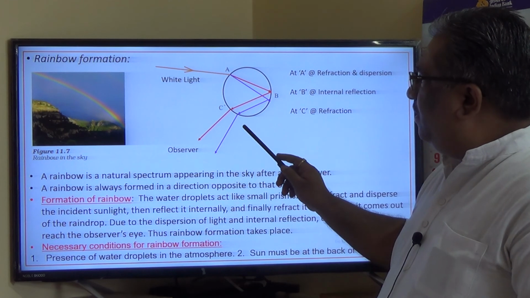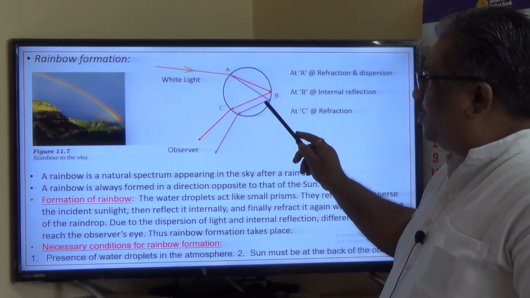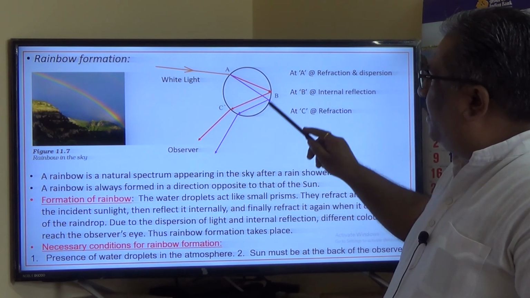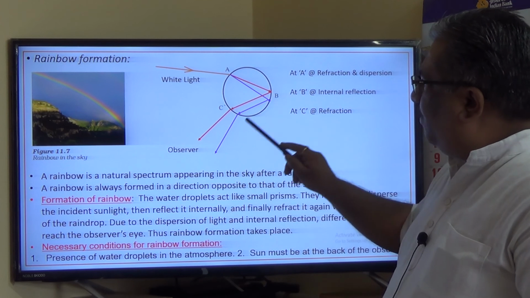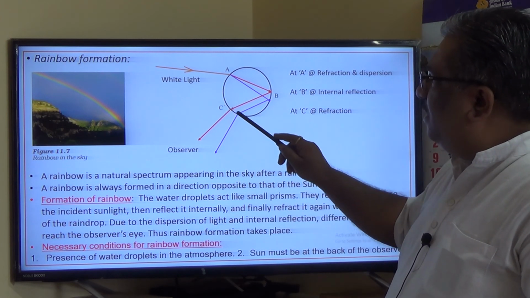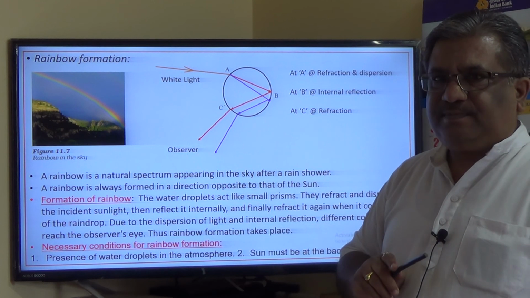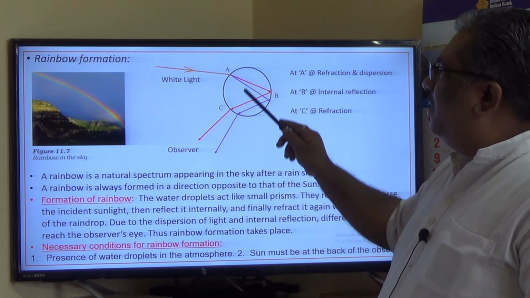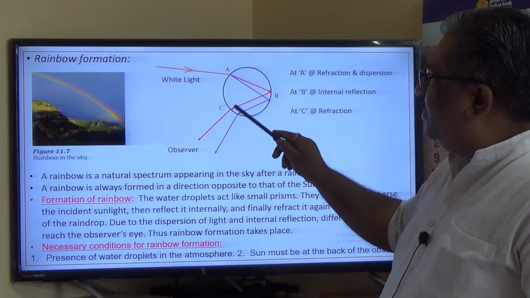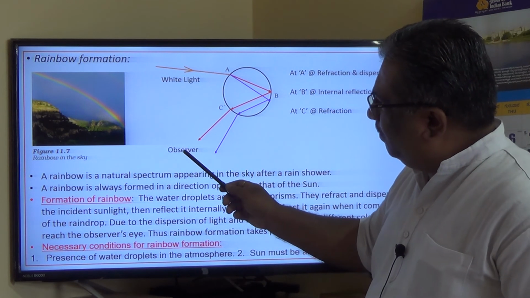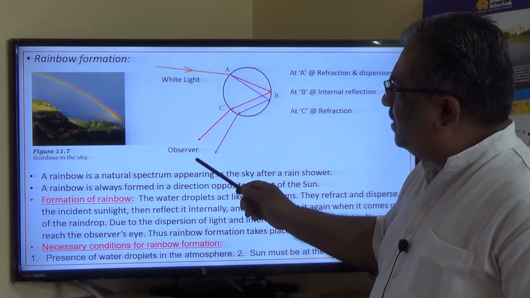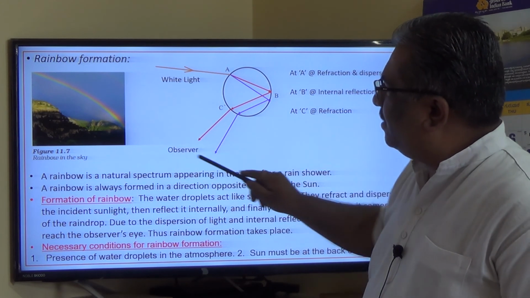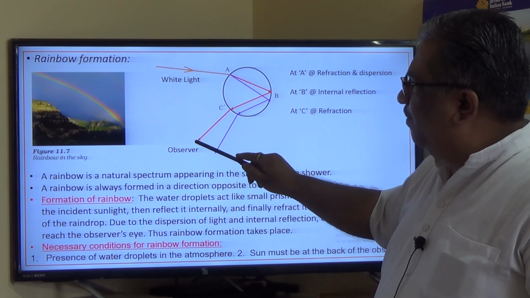So there are three phenomena at three different positions on a water droplet. At position A, refraction and dispersion take place, at position B, internal reflection takes place, and at position C, refraction takes place. Because of these three natural phenomena taking place at three different positions, the observer who is over here is able to see the red light on the top and the violet light at the bottom